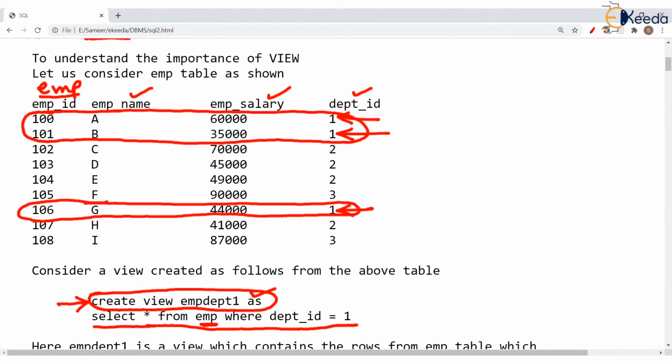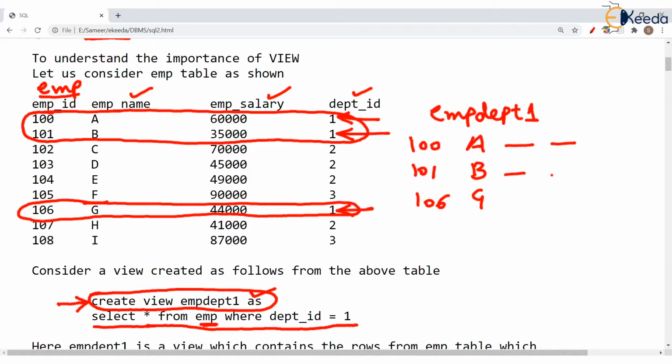Correct? So this view EMPDEPT1, that's the name of the view, will have only 3 rows: 100, 101, 106, and the names are A, B, G. I am not writing all the details, but please try to understand that EMPDEPT1 now is a view.